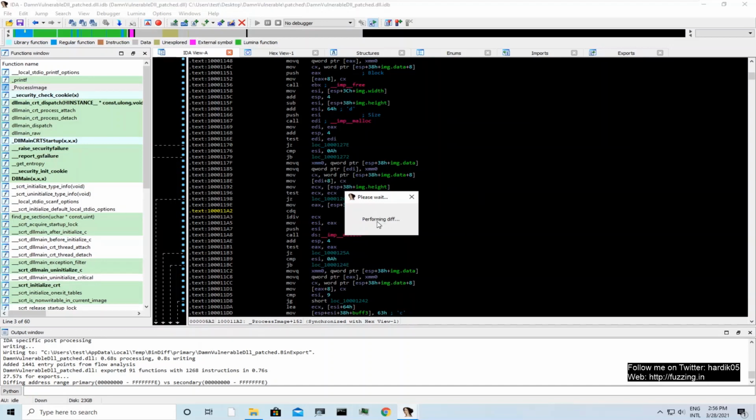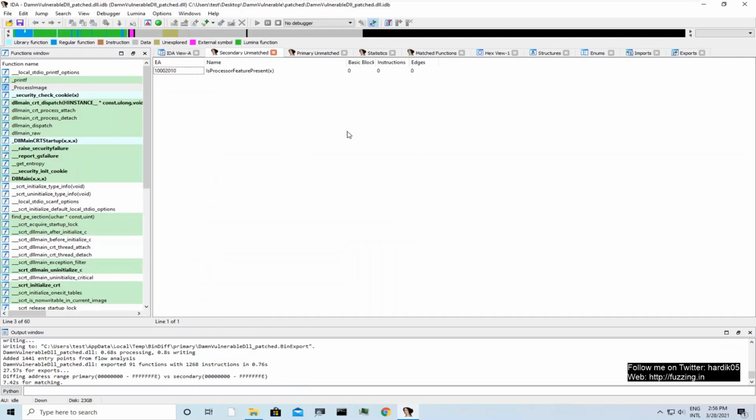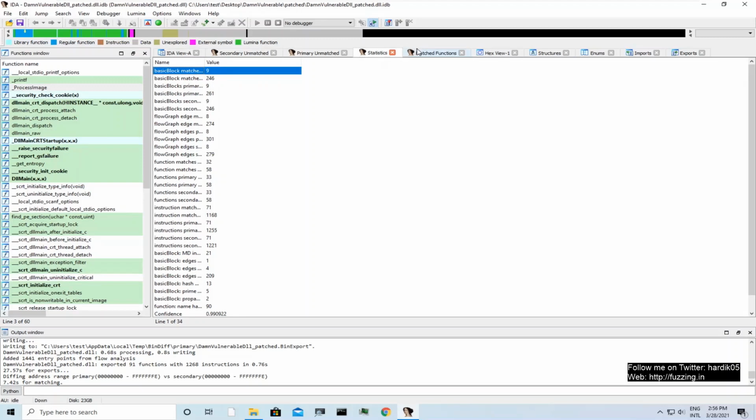It will display various messages, like performing diff. Okay, so it is done, and one thing you will notice is that it has added a few new tabs like primary and matched. It contains the functions which are not matched. There are some statistics, we'll skip those.